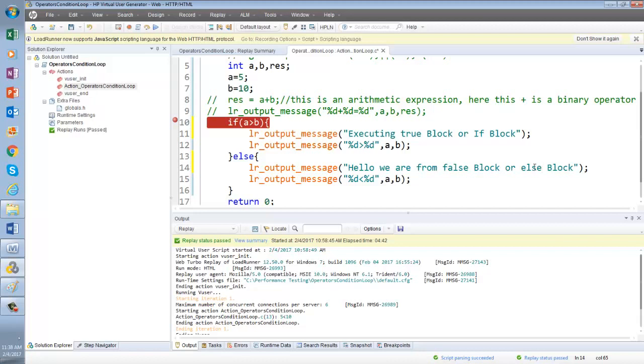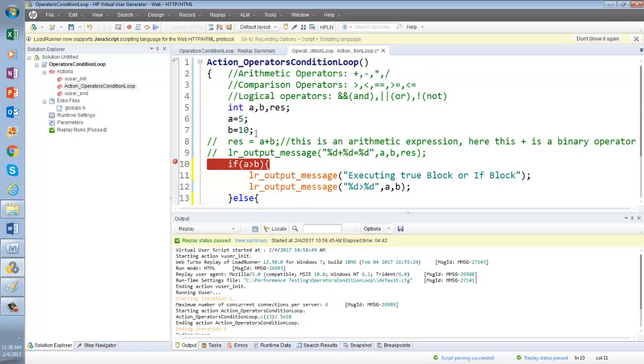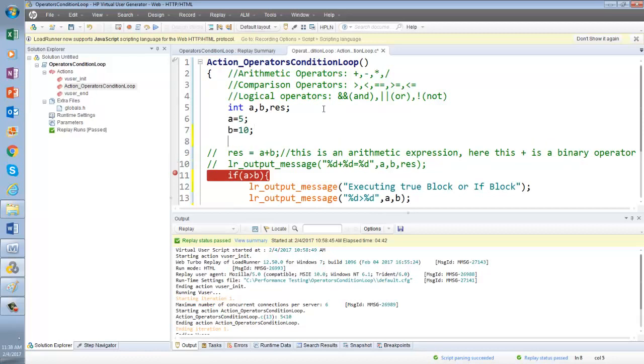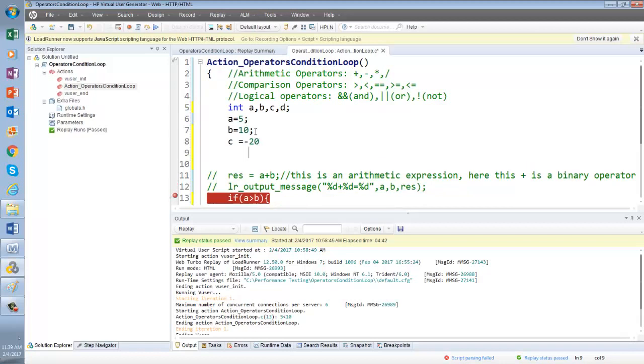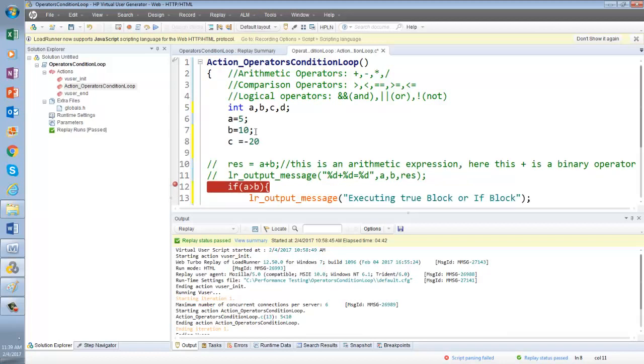It's still a comparison statement, but we can add here, let's say, C comma D. Let's say C equal to minus 20, D equal to minus 15.